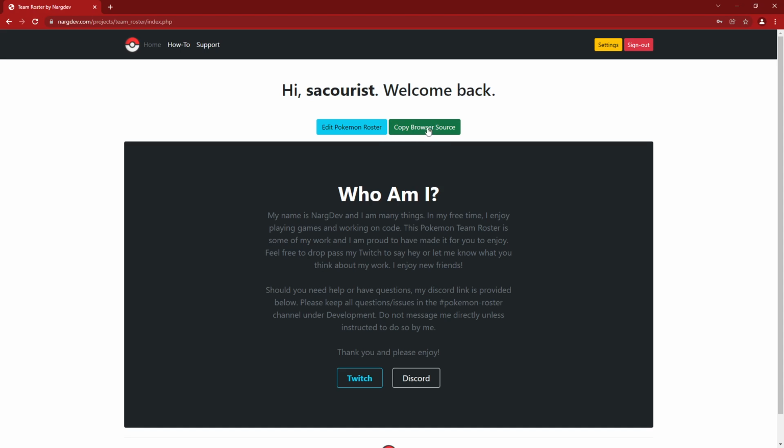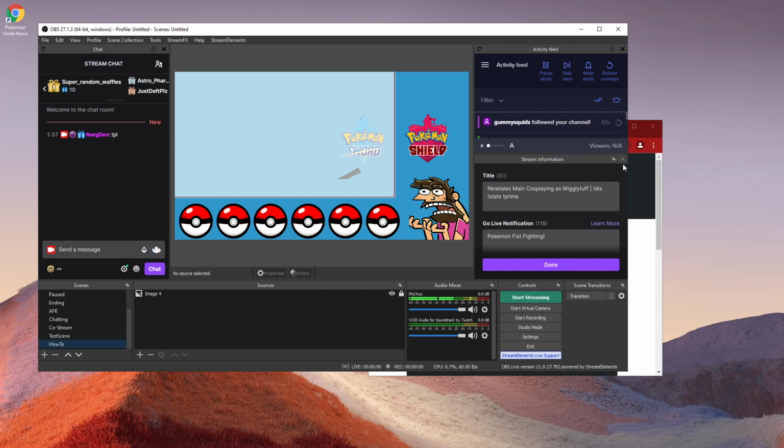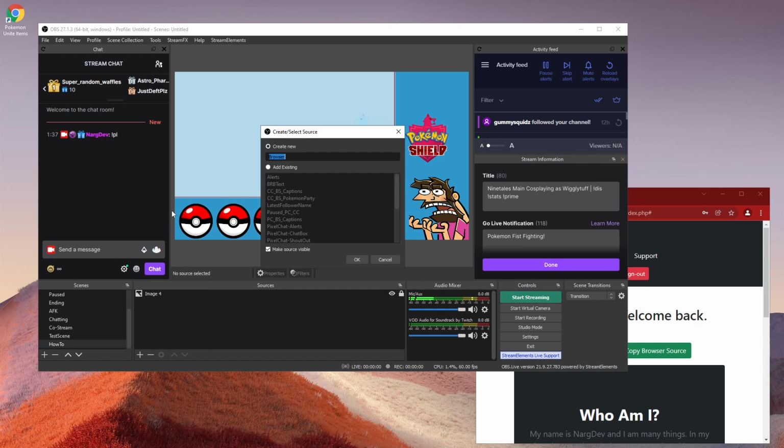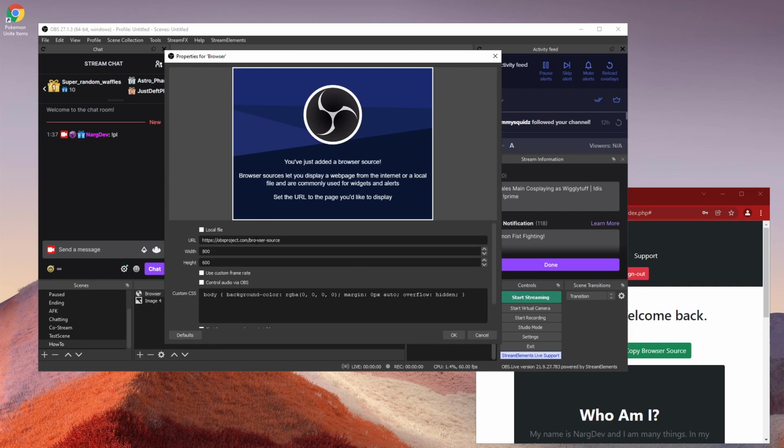First thing we're going to do is copy the browser source. This is going to be the URL that you need for OBS. And what you're going to do is, this is a default overlay that I found on Google just to show for demonstration. We're going to go to add browser, and we're going to paste that URL we got, and